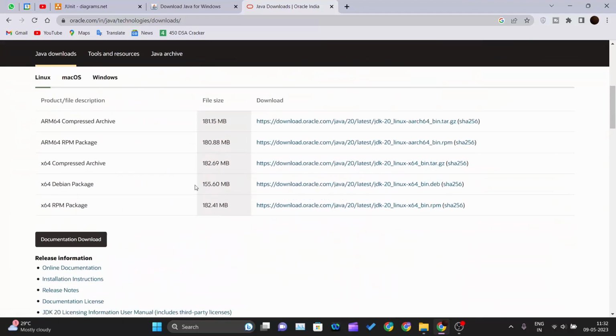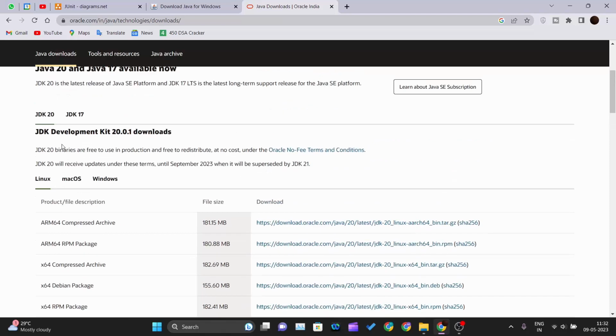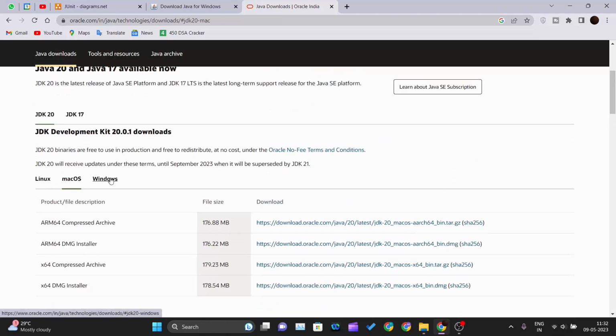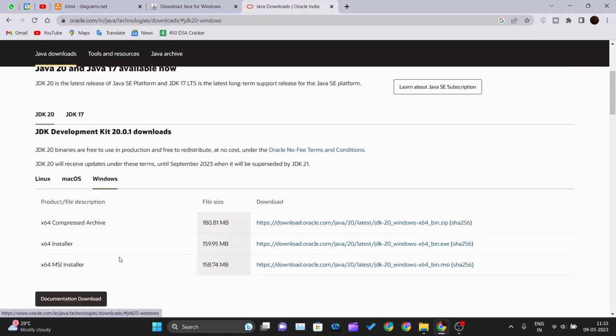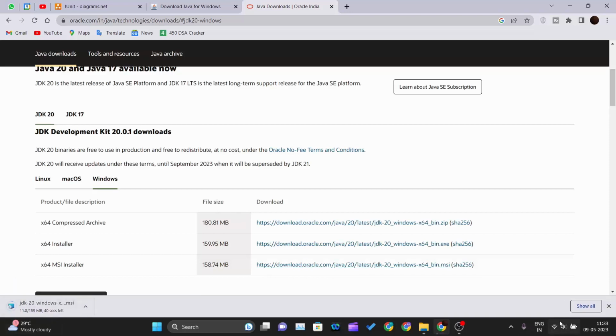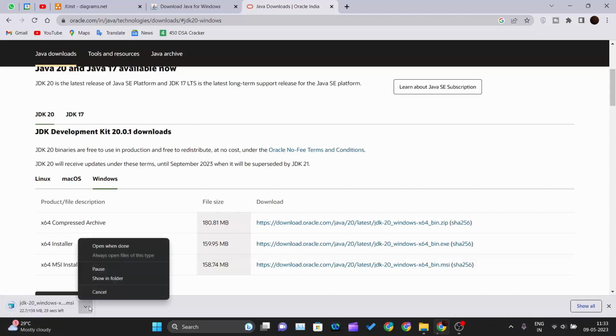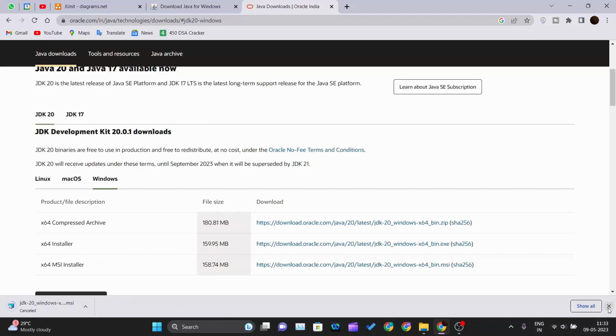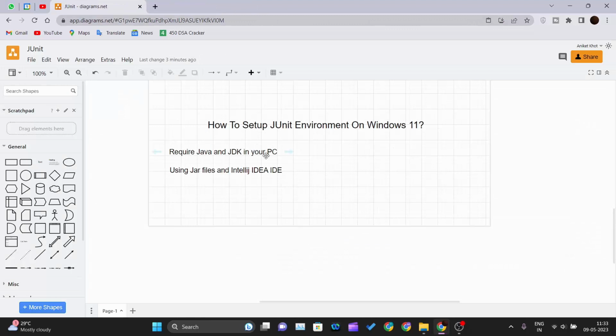Just scroll down here, and according to your operating system, you select your operating system and select your version, x64-bit or 32-bit. You click here and the download will start. I will not download it again, as I have already downloaded and installed it. So these are the two softwares that you need to install on your PC. Once you install these two softwares, we can go ahead and set up the JUnit environment in our